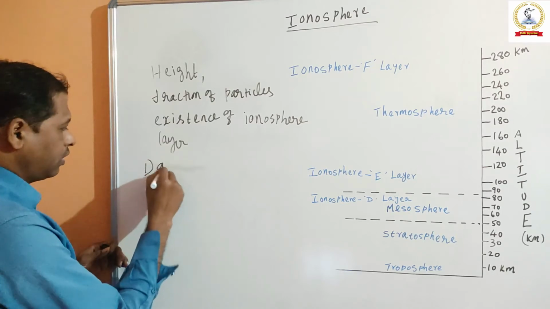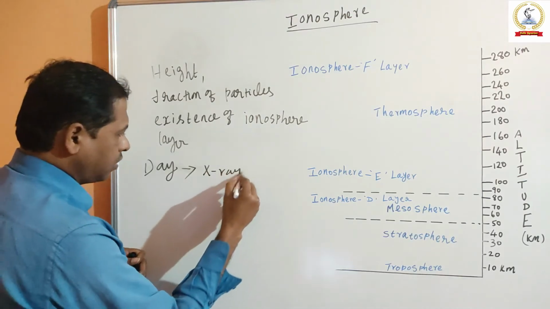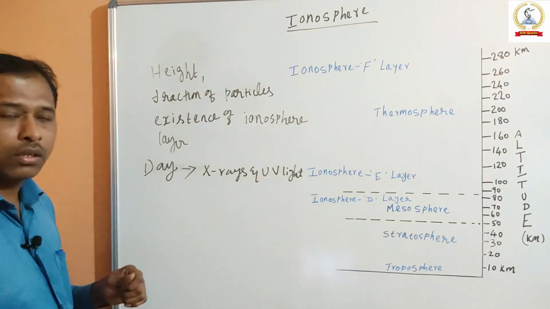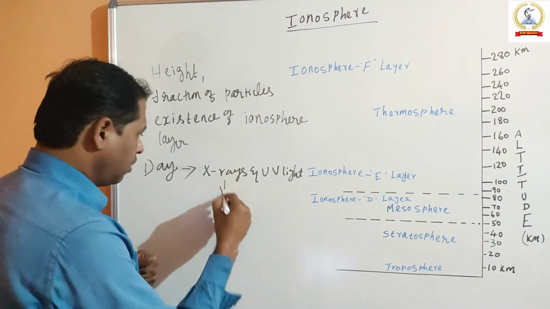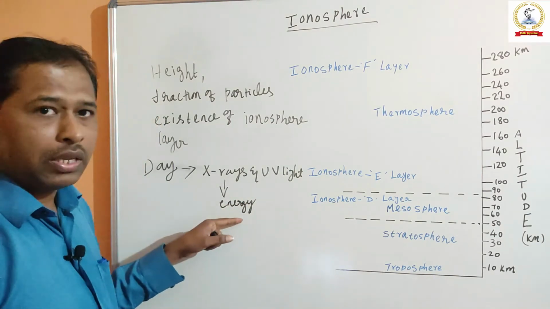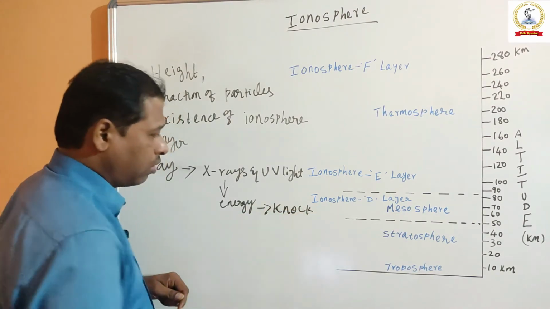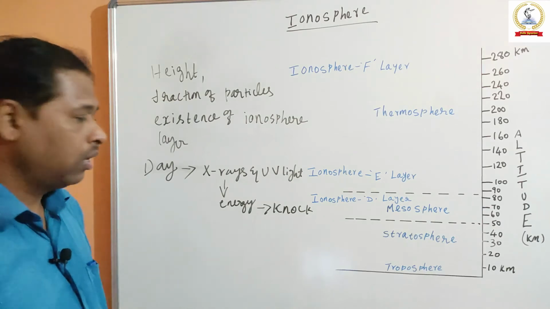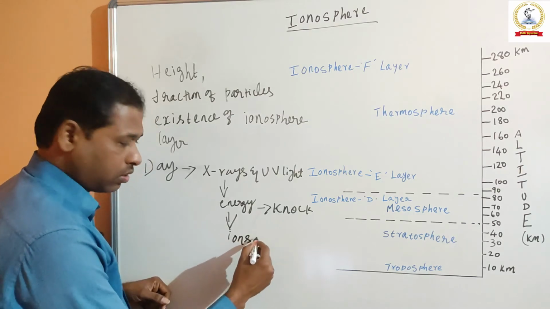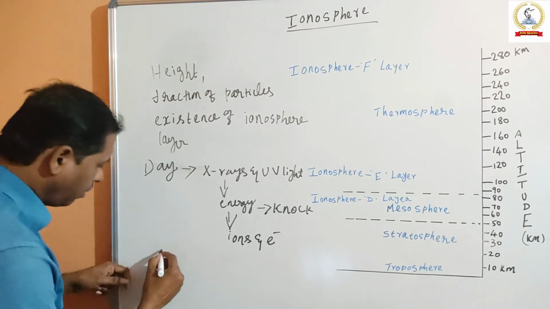So during day hours, X-rays and UV light continuously provide energy, and this energy knocks the electron from the atom, producing a continuous supply of ions and electrons. But in night hours